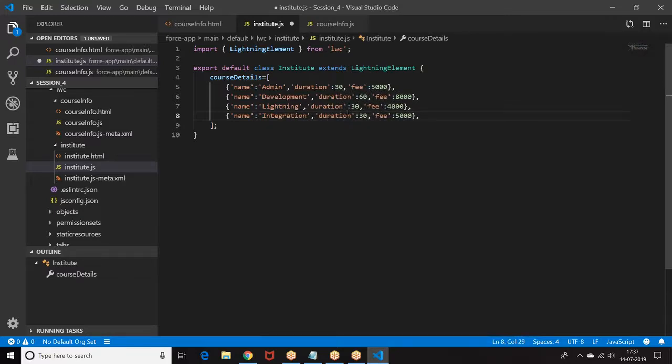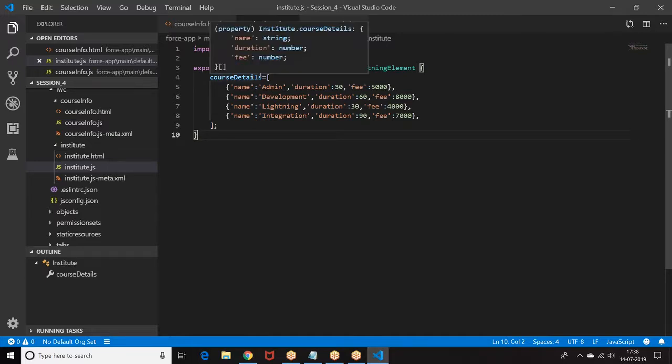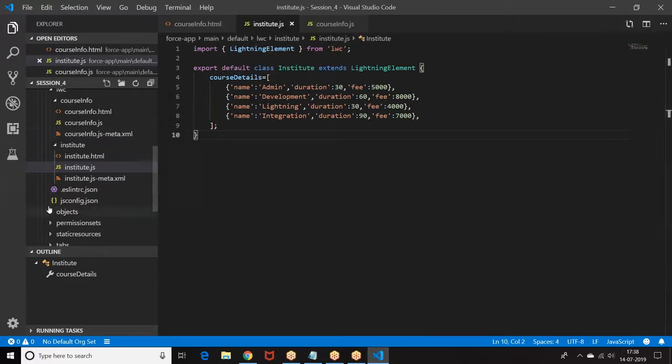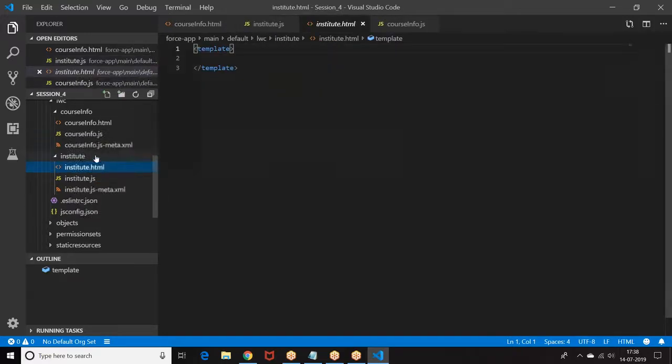Integration. So some data like it's 30 days. So let me put some 90 days. Let me put some 7,000. This is how I give it. So it's an array of elements. I created a course details. Is it a trackable property or untrackable property? It's an untrackable property. Now go back to the institute.html.